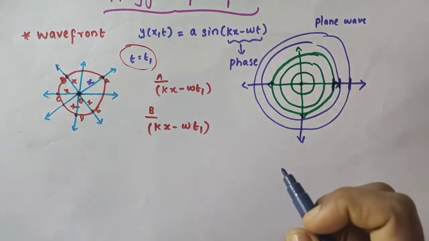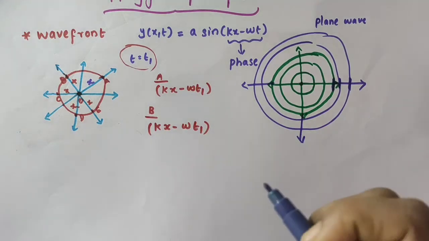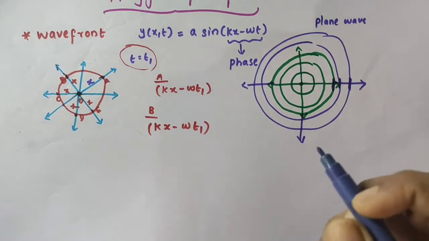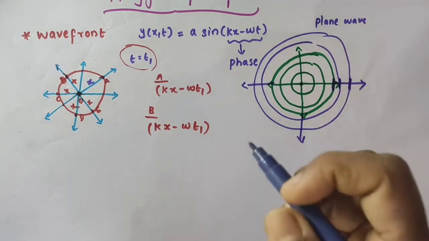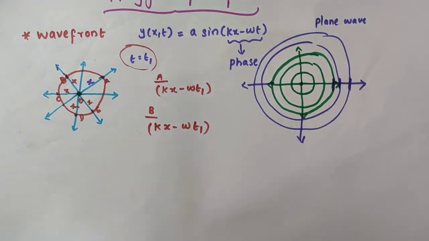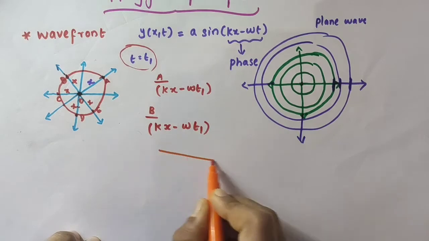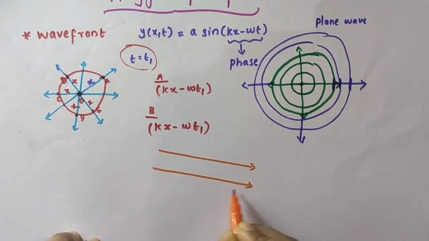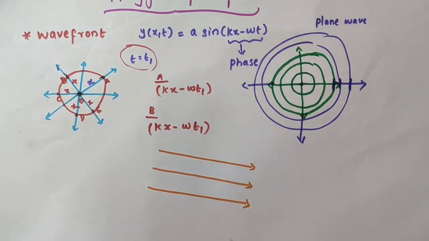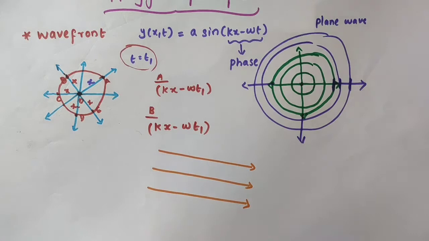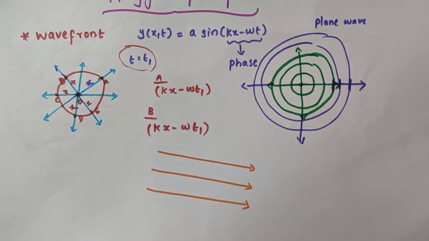That is, at a larger distance from the source, that is just like the source at infinity, the rays can be considered as parallel to each other, no? Okay, we can consider the rays as parallel to each other. That is, if the source is at infinity, that is at a larger distance from the source, the rays can be considered as parallel to each other.